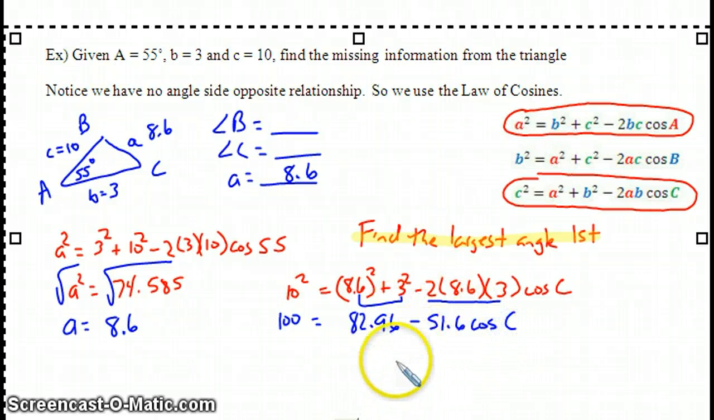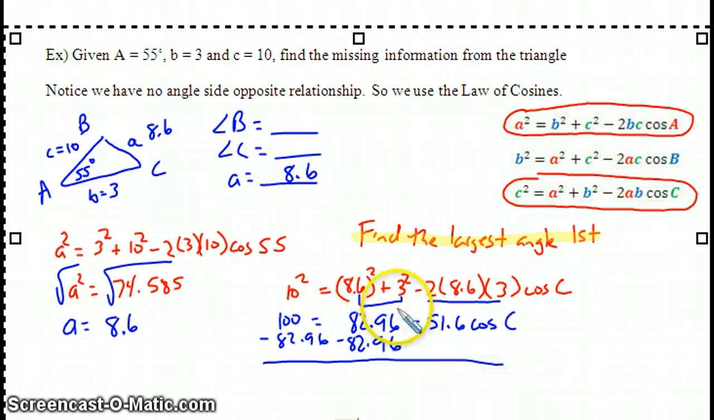A common mistake that students will make is they'll try to subtract these two from each other. You can't subtract these two from each other because this has a variable with it. It has the cosine of C. So the next step in solving is to move over this 82.96. And again, I see it happening all the time, they'll look at this and try to get a number for all of this and then times it by the cosine of C, and you just can't do that. So when I subtract this to move it over, I end up with 17.04